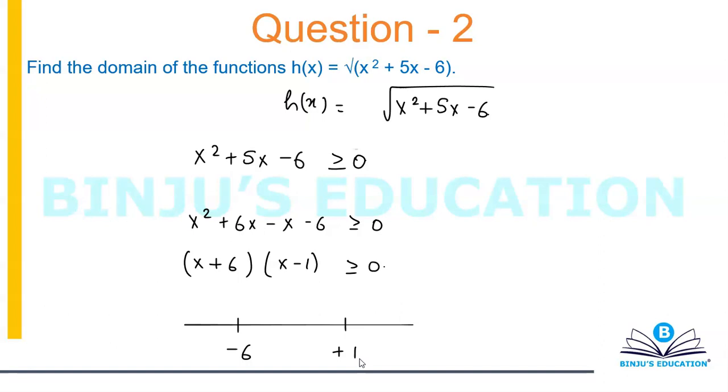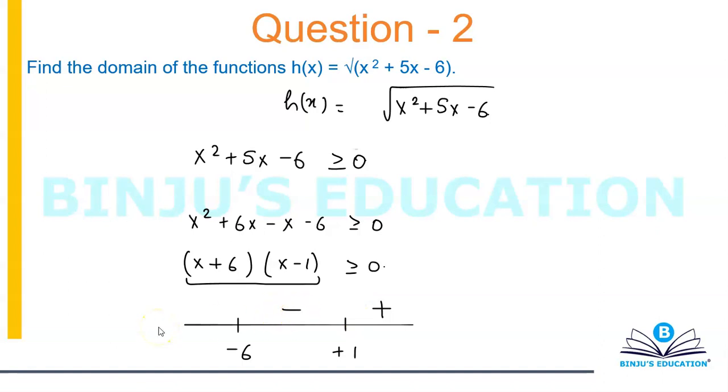Okay. So I need to know what will be the signs, like will the function be positive or negative. If I take any value of x which is greater than 1, let's suppose I take it randomly to be 5, then 5 plus 6 is 11 and 5 minus 1 is 4. Basically the point is, this entire function would be positive if I take any value of x greater than 1. If I take any value between negative 6 and 1, the function will be negative. For example, take 0. 0 plus 6 is 6. 0 minus 1 is minus 1. So the sign is negative.